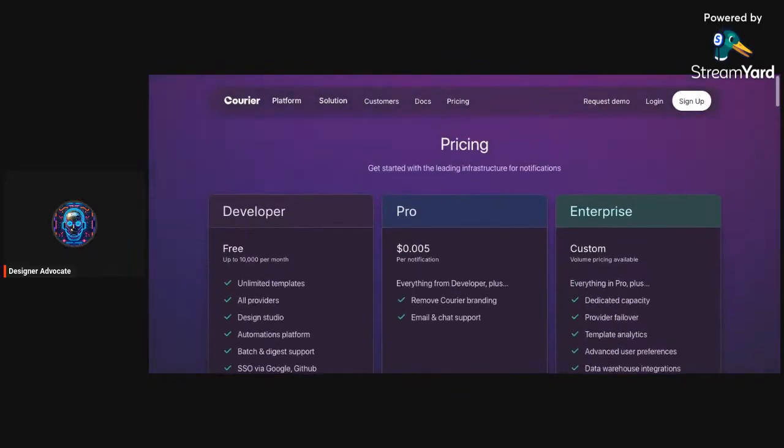And I can give this a test. I can test this out. Now, for me, the hard part is finding one that has a good free tier, like Courier. Courier has a good free tier. And this is how I find out about everything. This is how I make my money as a consultant. I go on here and I look up